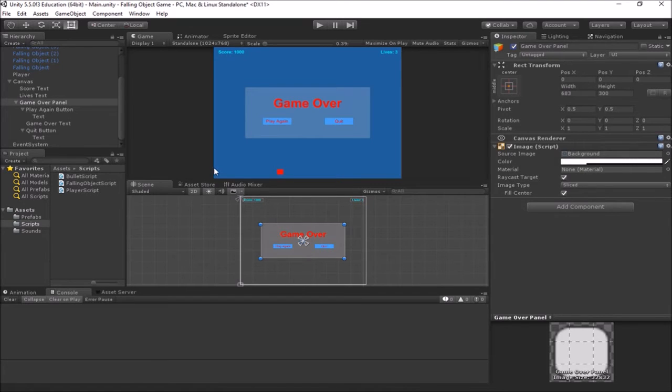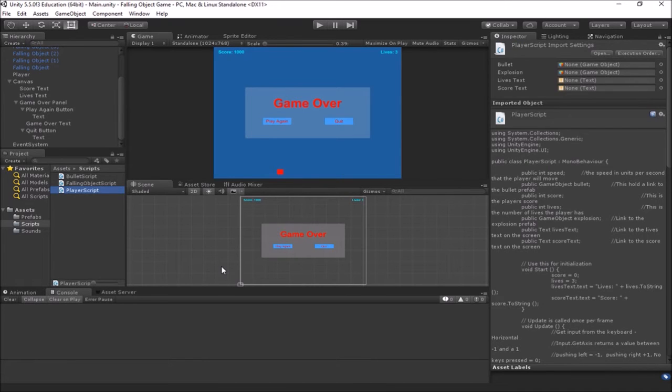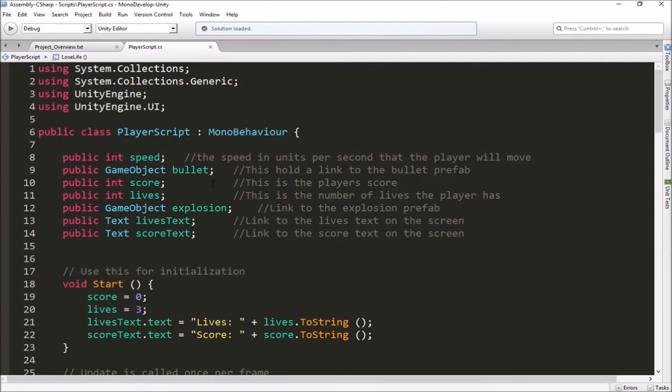So let's save our scene so we don't lose our work that we just did on the panel, and let's figure out where we're going to tie this in to our scripts. Alright, so let's open up our player script in MonoDevelop. Player script right now is handling all of our UI. If we were going to get much more complicated with this game, I would probably split all the UI stuff out into a game manager object, make another script for it. But for now, we'll just kind of keep it